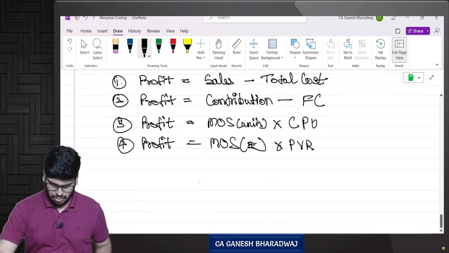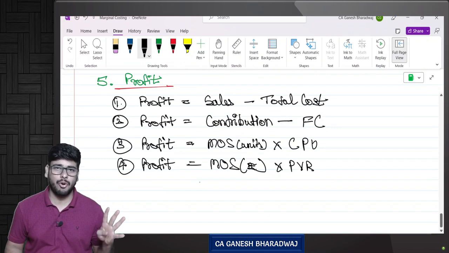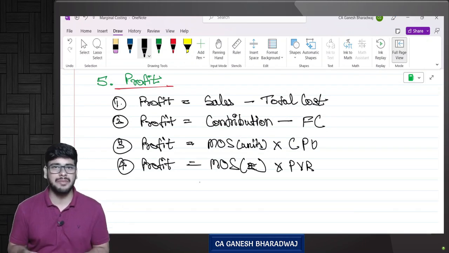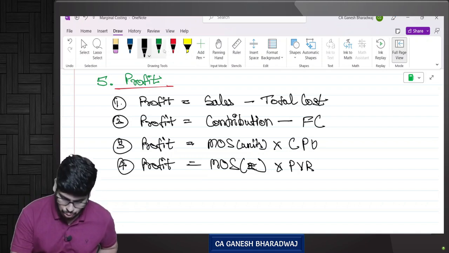Yes. So with this, right now for profit itself, I have given you 4 formulas. 4 formulas. Technically are these formulas? We derived everything. And should you mug up? Not even a single thing has to be mugged up. Are you clear with this? Yes. And the most important thing here